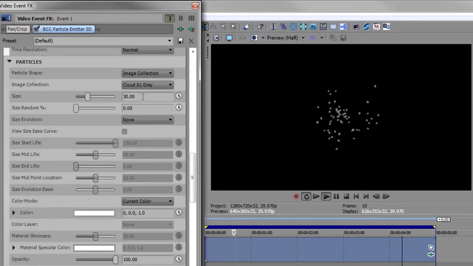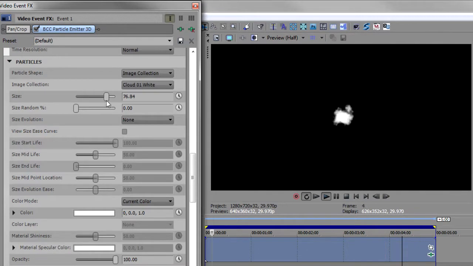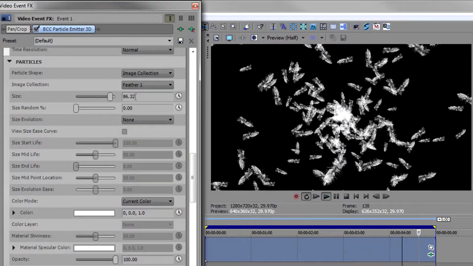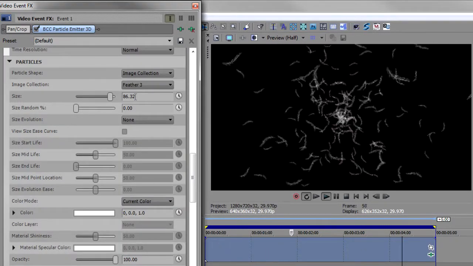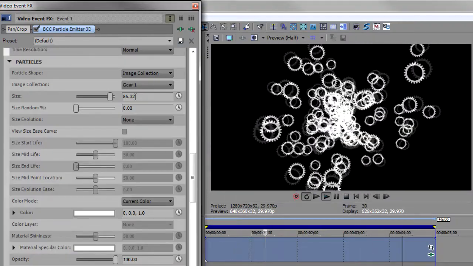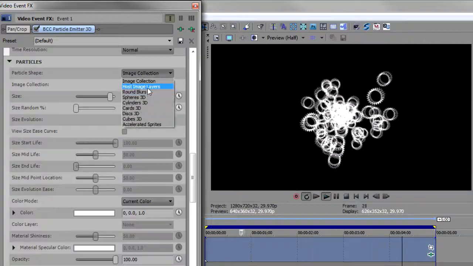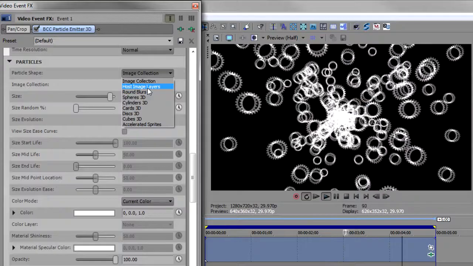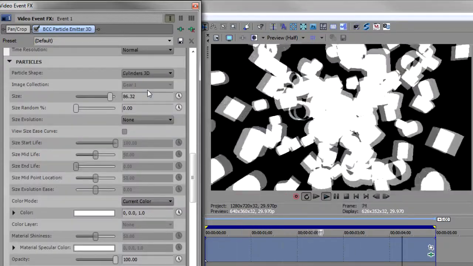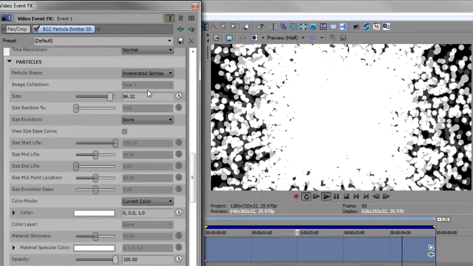And so we've got a bunch of different images that can be used, and I'm going to increase the size here so you can really see. All right, these are clouds. There are some feathers popping out here, and you can really see the feathers. So there's lots of different images you can use to create your particles. Then there's the host image layer, and so if I had an image layer here, and we'll do that later, you could use the host image layer. There's round blurs, there's spheres, there's cylinders, there's cars, just lots of stuff that you can use to generate